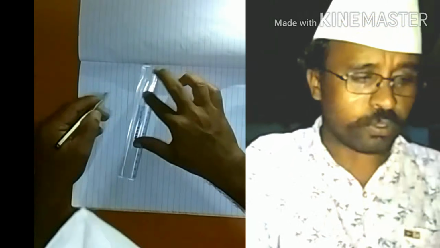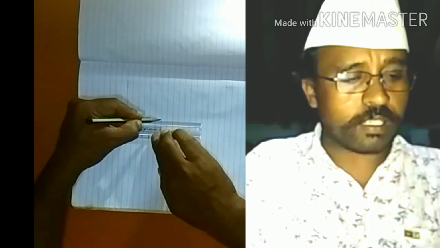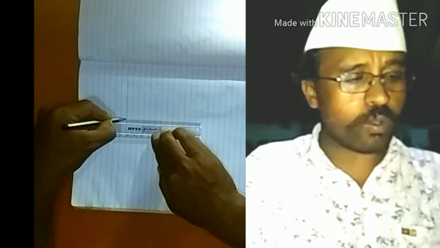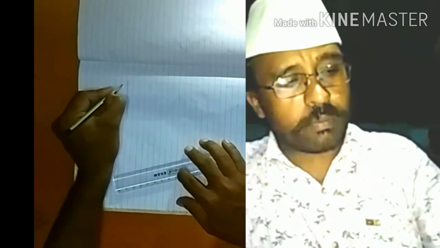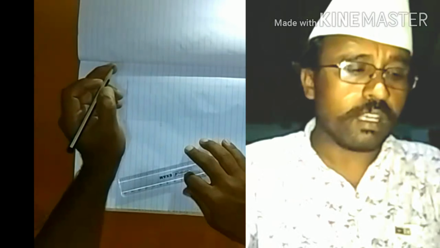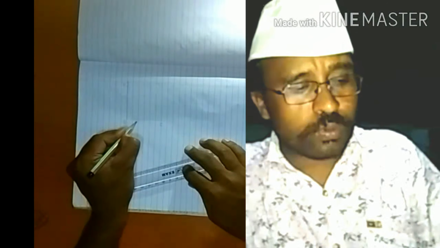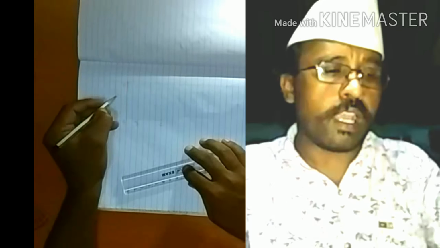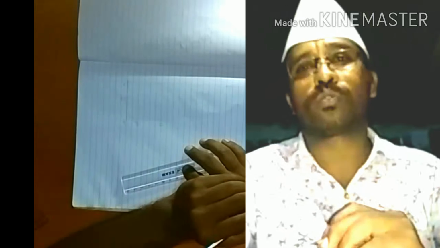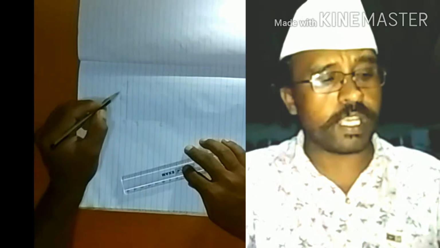Let's recall it. Suppose there is a right angle triangle. Now I am drawing one right angle triangle. Suppose A, B, C is one right angle triangle such that its base is equal to 3 units and height is equal to 2 units. Means if BC is equal to 3 centimeter and height AB is equal to 2 centimeter, what will be AC?